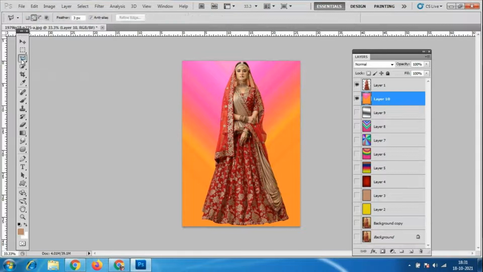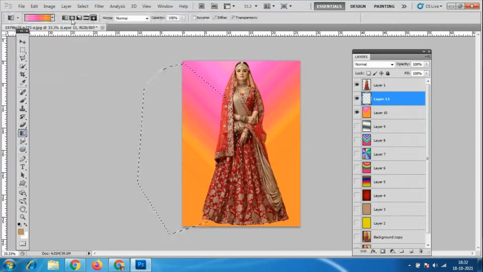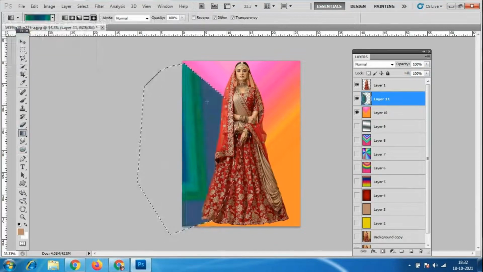Suppose I go to this polygonal lasso tool and I go to a new layer and I select some of the designs over here. Suppose I select this many areas over here. See, for this I want to add a different color. So then I will go to the gradient tool. I want a different color for this much only. See what happened? Only this area I have given different colors.